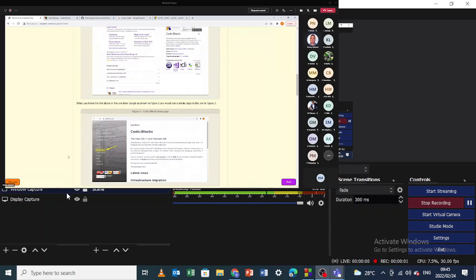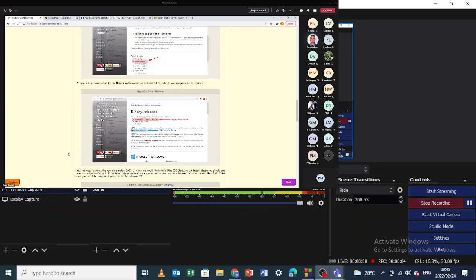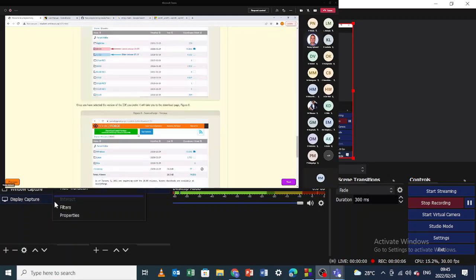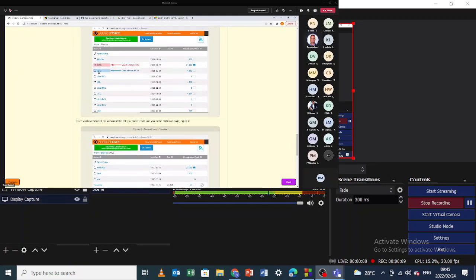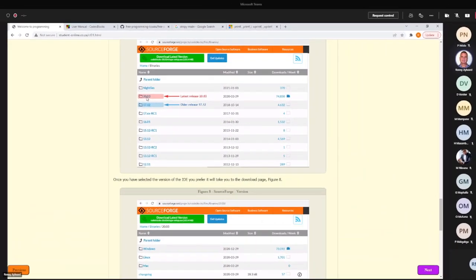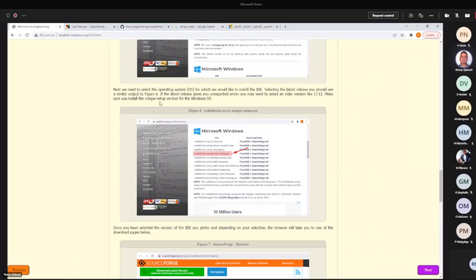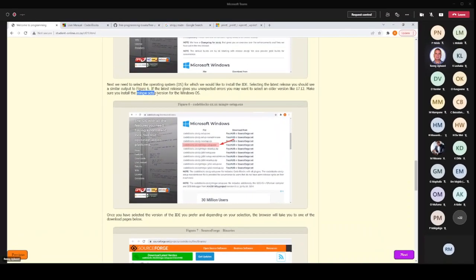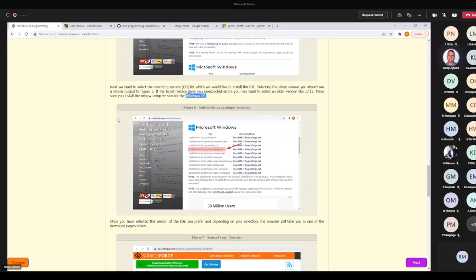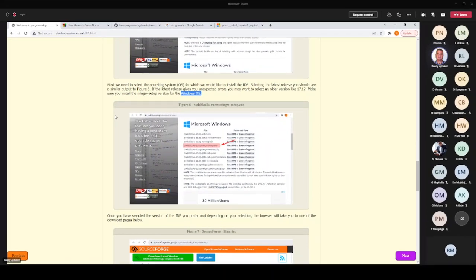Page and then go to downloads, etc. Everything is explained here in detail. Be aware that you should install 17.12 and not the 20.03, although 20.03 works. Later on, there might be some issues. It's all there, and make sure that you install the MinW setup, which includes the compiler for the Windows operating system for Intel and AMD type processors, as I've discussed in class.